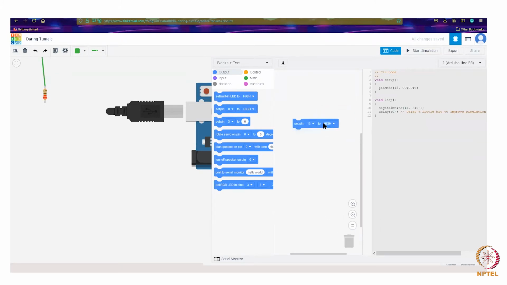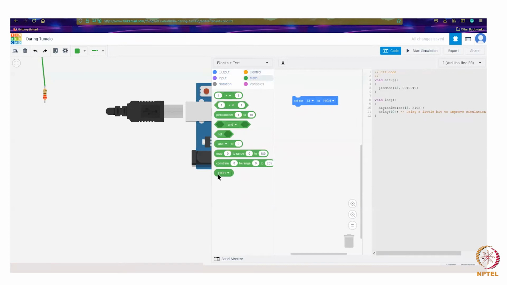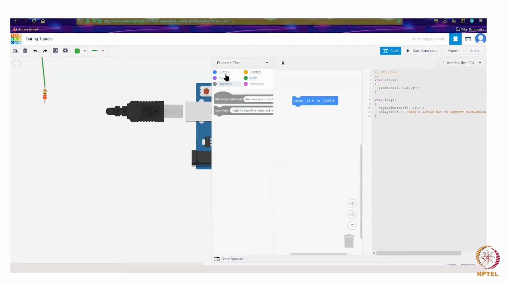So set pin 13 to high, then we need to wait for 30 seconds.